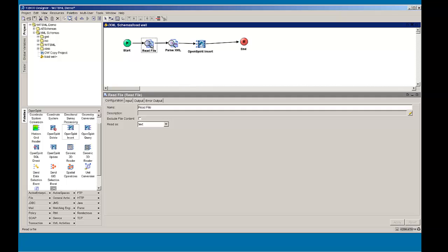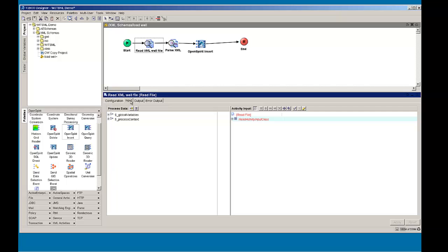So let's do that. Let's start off with a read, and let's give it a little bit better name. It's important to give good names because this process definition becomes kind of the documentation of what your application is going to do. So we can say this is going to read XML well file, and we want it to read the data as text. That's correct. And we see as input to this activity, it's red, meaning there's some required input that's missing, which